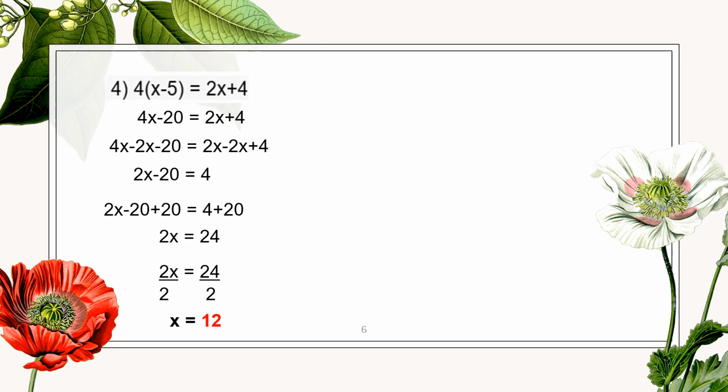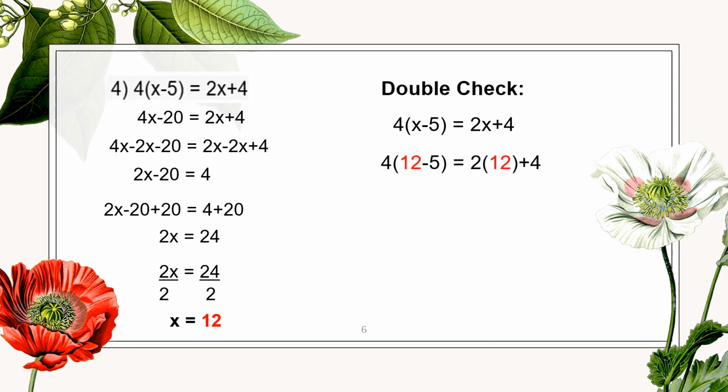Let's see if the answer is correct. So we double check by substituting 12 to x in the equation. So we have the equation there. 4 times x minus 5 equals 2x plus 4. So this x here will be substituted by 12. So that means 4 times 12 minus 5 equals 2 times, we have x here, that's 12, and just copy